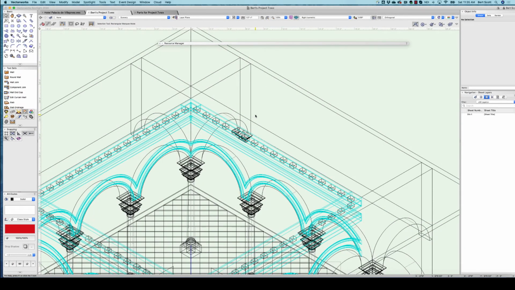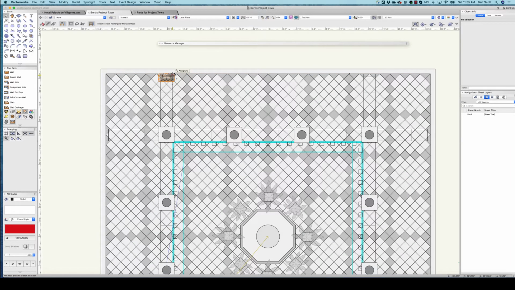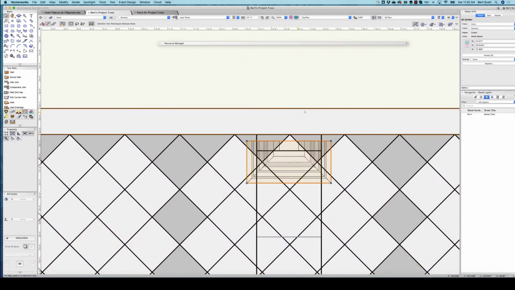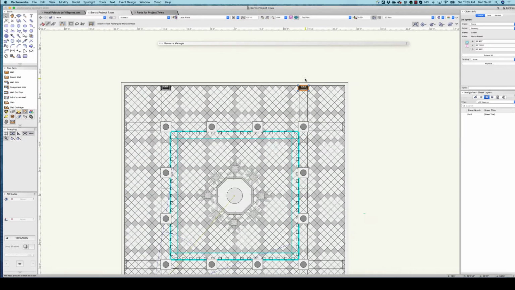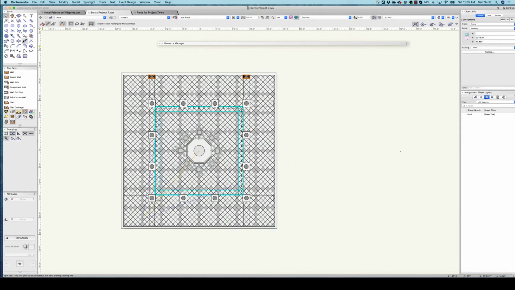So I'm going to go back to top view and duplicate that and put it over here. I'm going to do exactly the same thing I did to begin with. I'm going to line it up there. I'm going to select it. I'm going to hold down Shift. I'm going to pull up. And now that I have the two of those there, because we're all symmetrical, I should be able to use